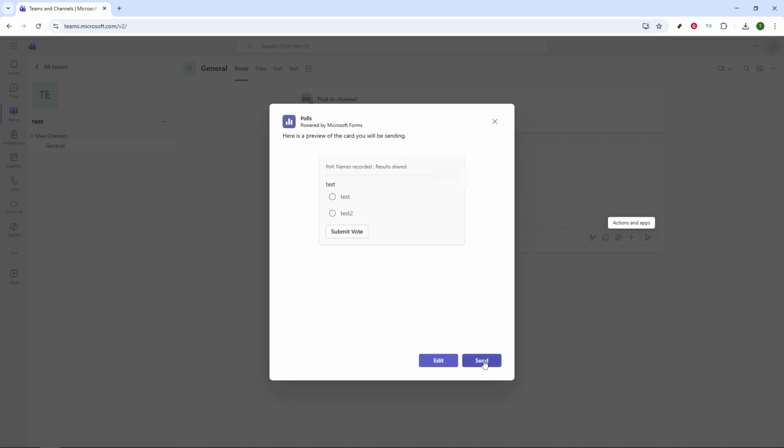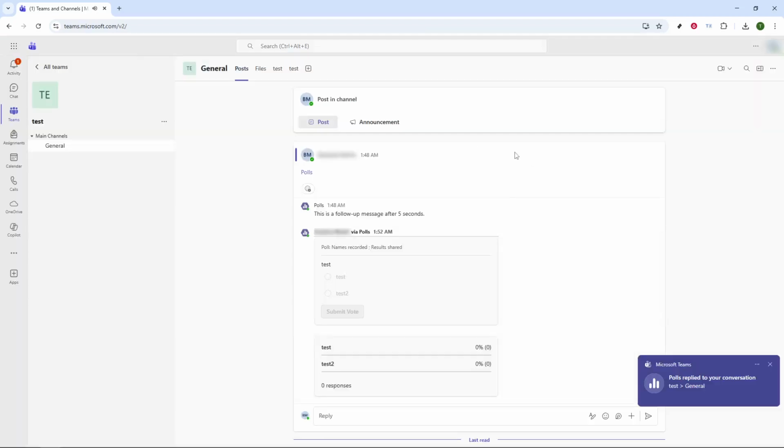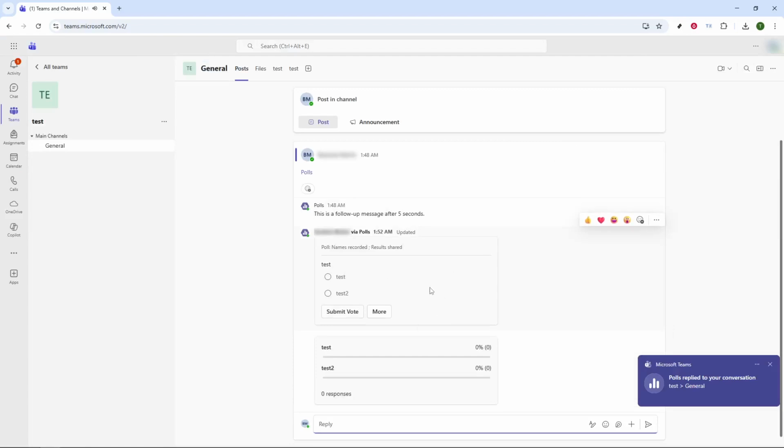To monitor the outcomes, simply click the More Options button on the poll card itself. Here, you'll find various tools for viewing responses and even exporting the data for further analysis if needed. And there you have it, a straightforward way to create and manage polls in Microsoft Teams, making your collaborative efforts more interactive and